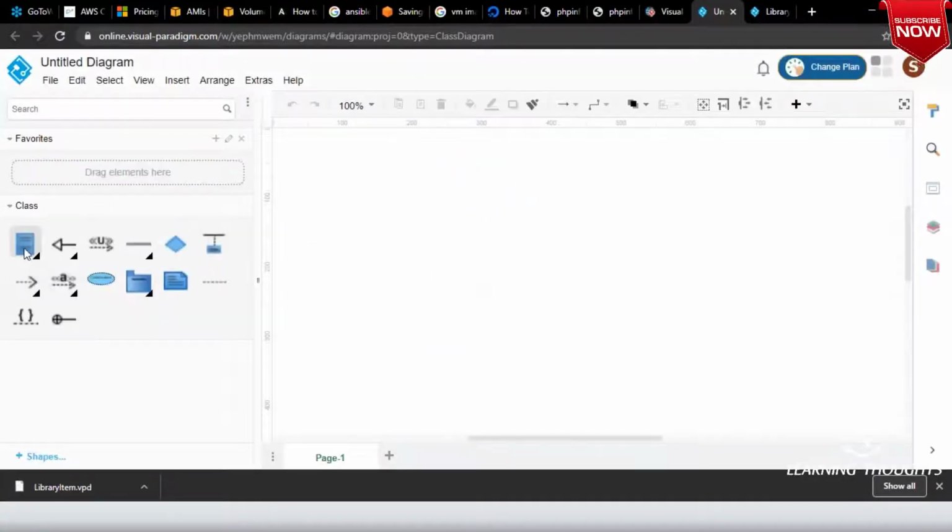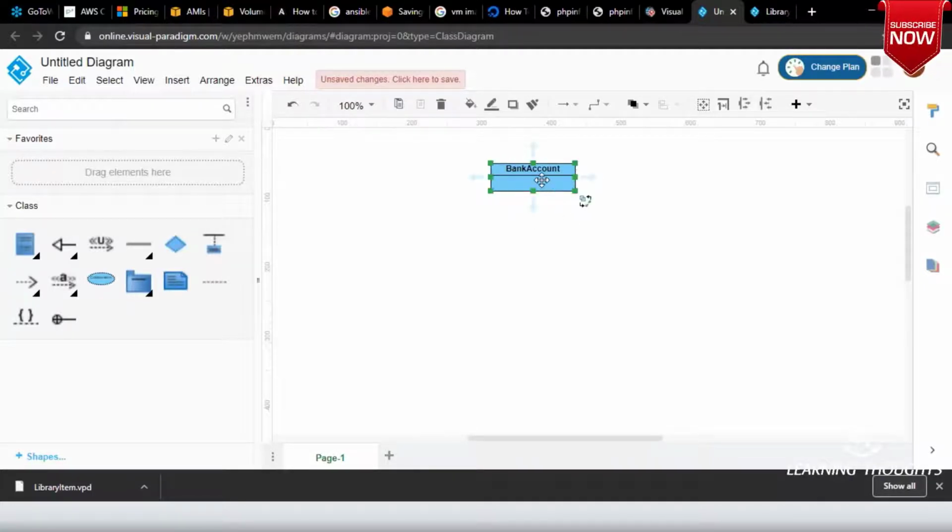Okay, right. The first class which I want to represent over here is bank account. Every bank account will have some attributes. What are they?